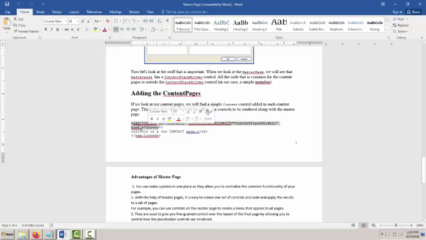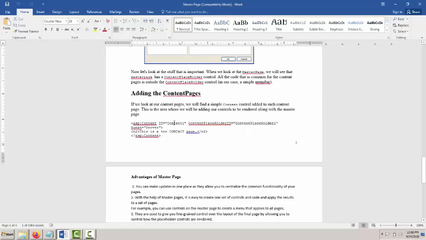First thing that we require is the ASP content, then ID Content1, and then we have to give the content placeholder ID. This is the ID of the master page's content placeholder. It refers to the master page content placeholder ID. We have to give that particular name which we used inside the master page.